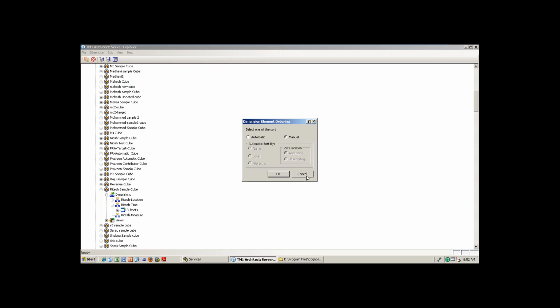And remember one more thing, Raghava. Normally we will not do manual dimension. Am I right? It will be done by a Turbo Integrator process. In the Turbo Integrator process, if you are taking the states, I will give you an ascending order there itself. Then all the states will come automatically in ascending order when it is building the hierarchy, because I am not going to create it manually.